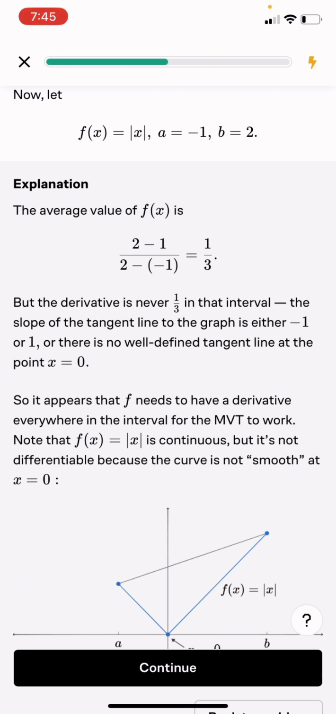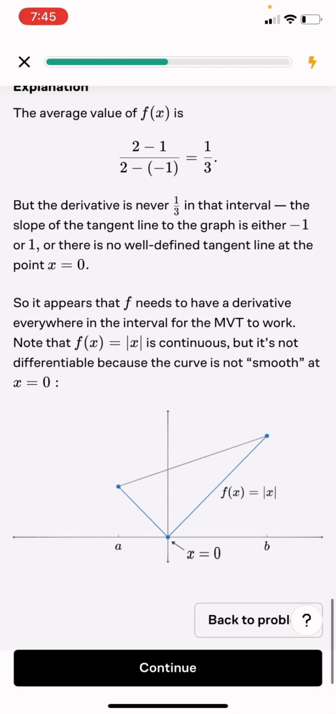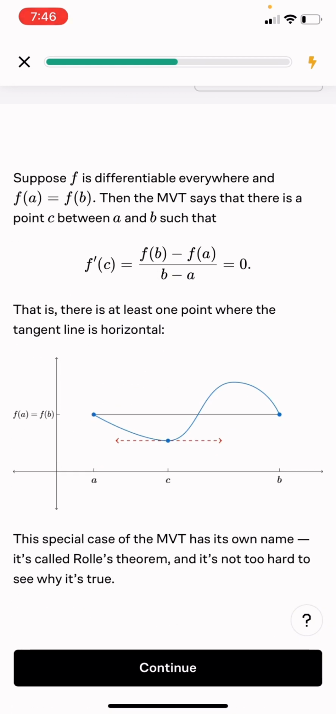Suppose f is differentiable everywhere and f(a) equals f(b). Then the MVT says that there is a point c between a and b such that f prime of c equals 0. That is, there is at least one point where the tangent line is horizontal. So if they do equal, there has to be a horizontal tangent. If it's not, they have to meet somewhere. Or it has to be c. This special case of the MVT has its own name. It's called Rolle's theorem,